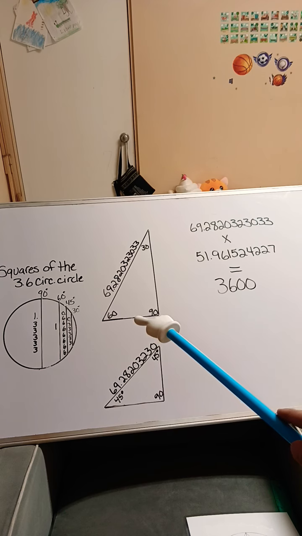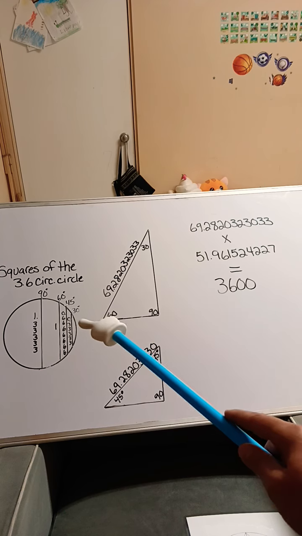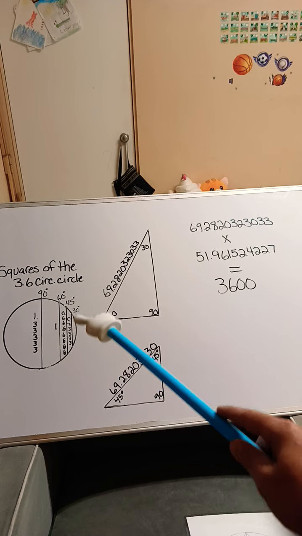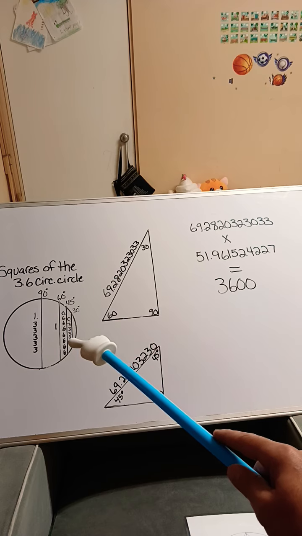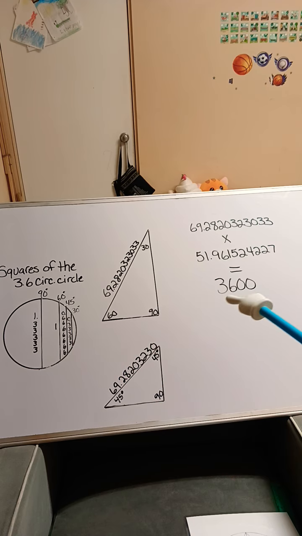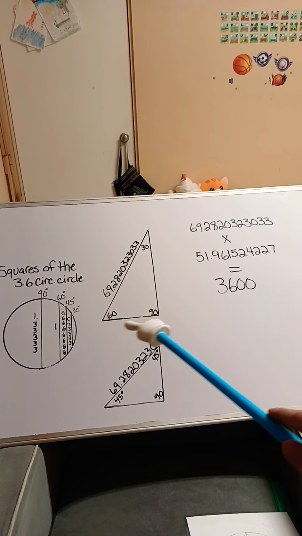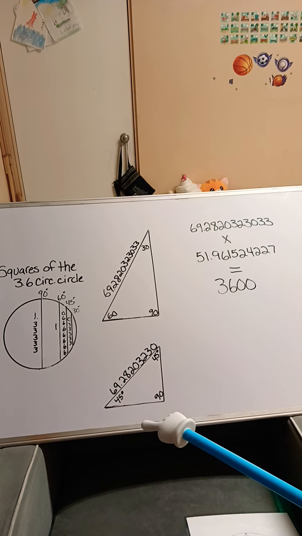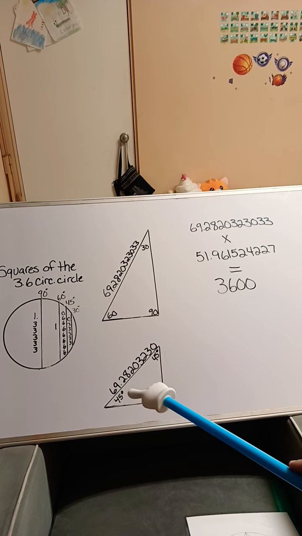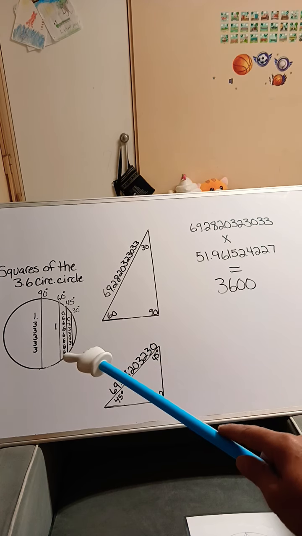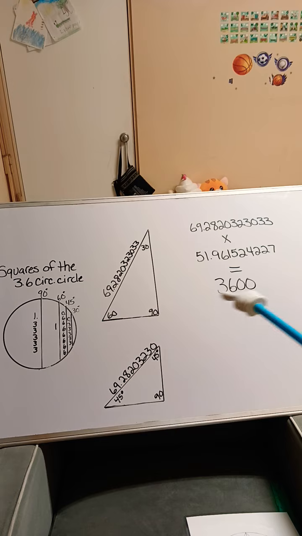Now for the 30-degree side of the triangle, you'll go to the 30-degree portion of the circle squared, which is 0.3 repeating. Multiply it by 3600, and you'll get 1200. And the square root of 1200 will be the length of this triangle side right here. For the 45-degree triangle inside the circle, 0.6 repeating times 3600 will give you 2400, and this side is the square